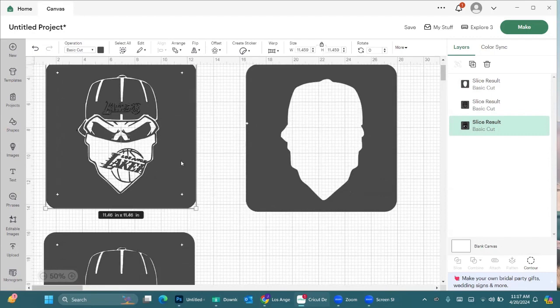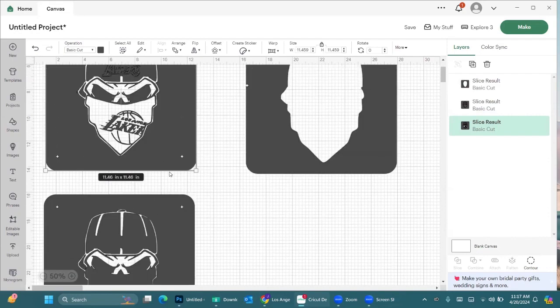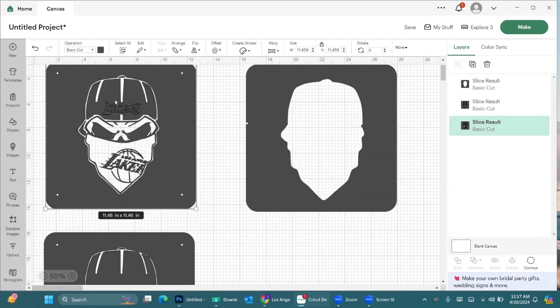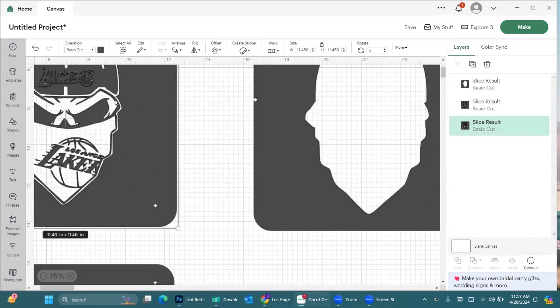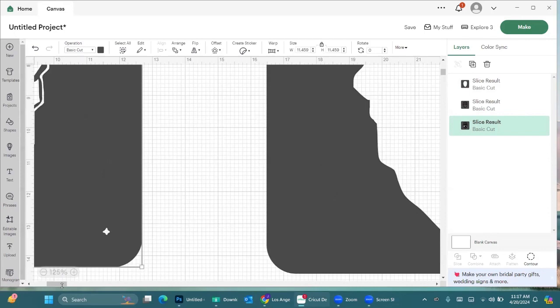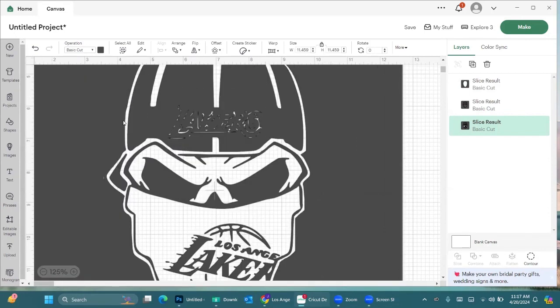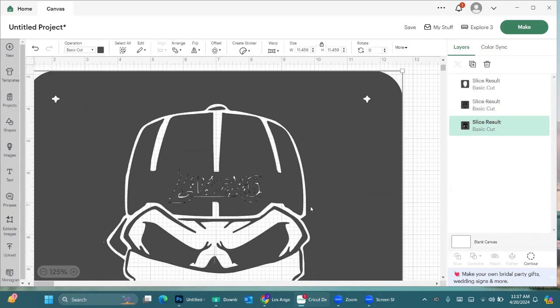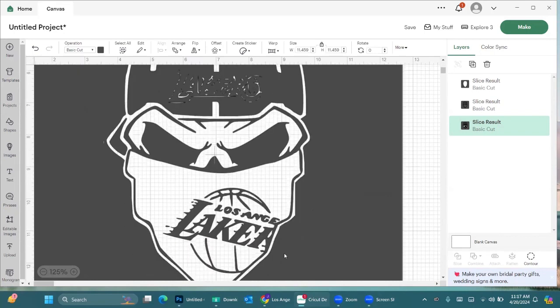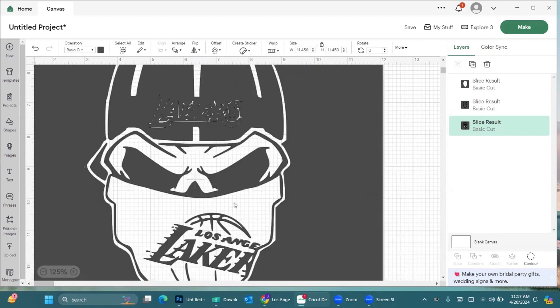Okay, so just to give you guys an idea when we're cutting, if I were to cut this image right now, let's just get a little closer. If I were to cut this image out right now without doing anything to it, as you can see, all this outline, it's gonna literally cut it and then everything in the middle is gonna fall out